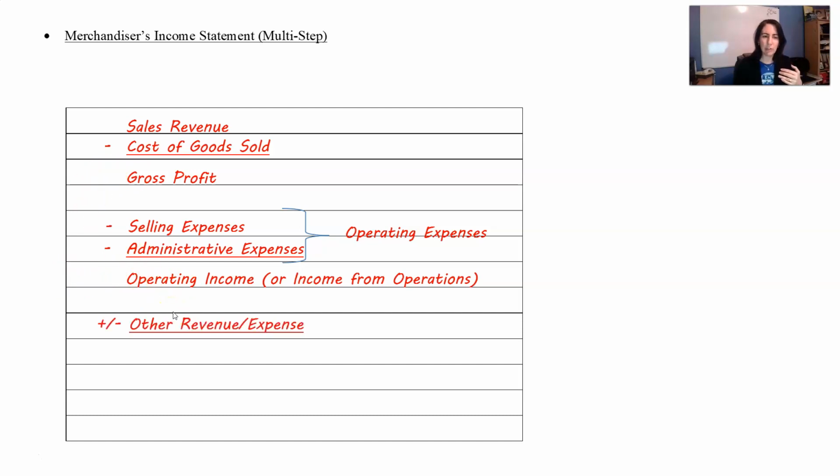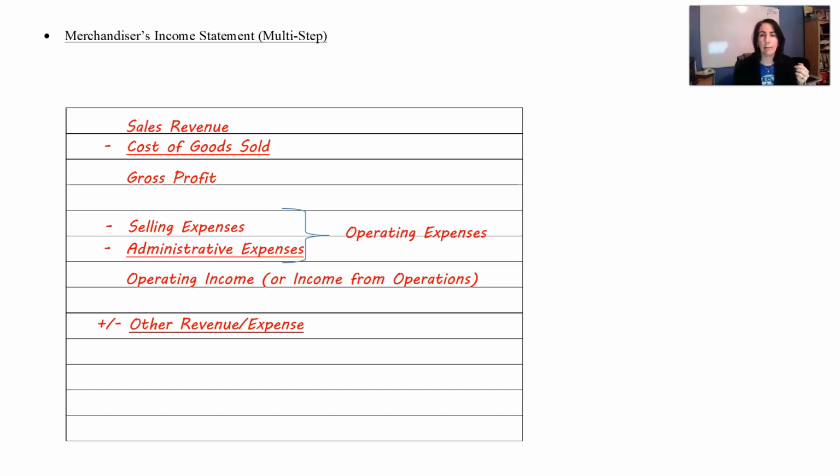From there, we actually have a little bit more. We have plus or minus other revenue and other expenses. What falls in others? Things that are not necessarily part of our core business operations. Let's say that we're Target. You know what our business is. Our business is selling things, selling merchandise. Our business is not to, let's say,